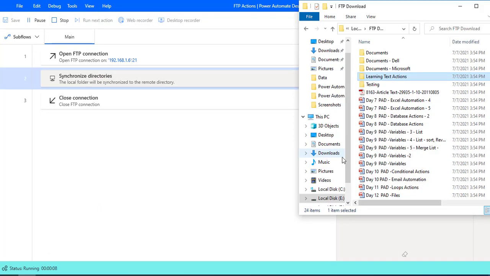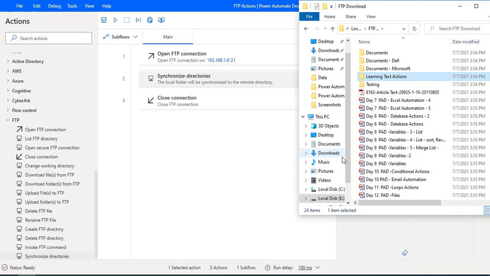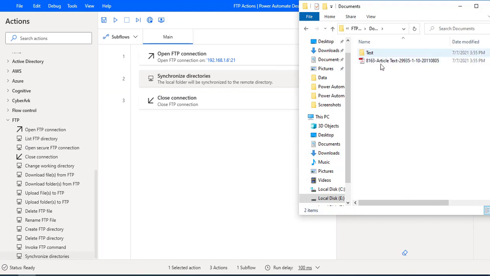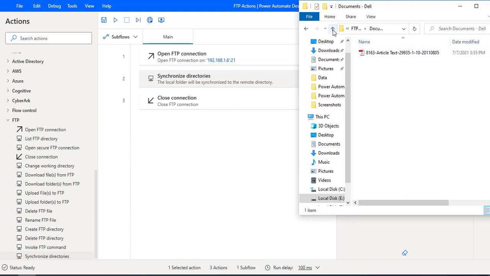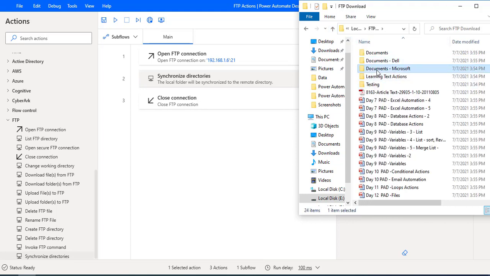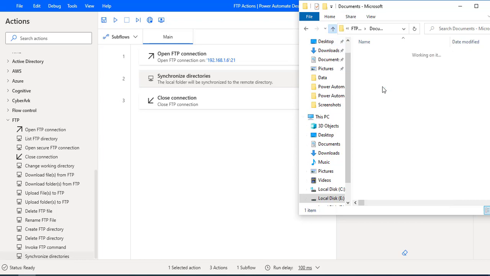Flow execution started. And right now, what it is going to do, it is trying to download the files inside the subdirectories also. Now, once again, let me go to the documents once again. Now you can see I'm having subdirectories as well as the files. Now let me go back to another folder, that is documents.del. You can see I'm having a PDF file. Let me go to Microsoft, that I'm having a PDF file.